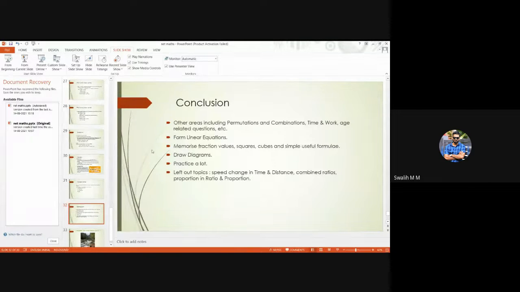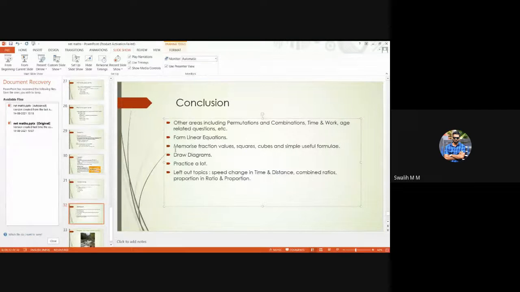And also draw diagrams for relationships, direction questions and all. You can use the paper given to you and draw diagrams. And practice a lot yourselves. There's a limit to how much I can give you, but on each of these topics you can get hours of classes on YouTube. You can look at that and learn. Then learn from the videos and buy some guides and practice the solved questions in the guides. That is the easiest way to study.